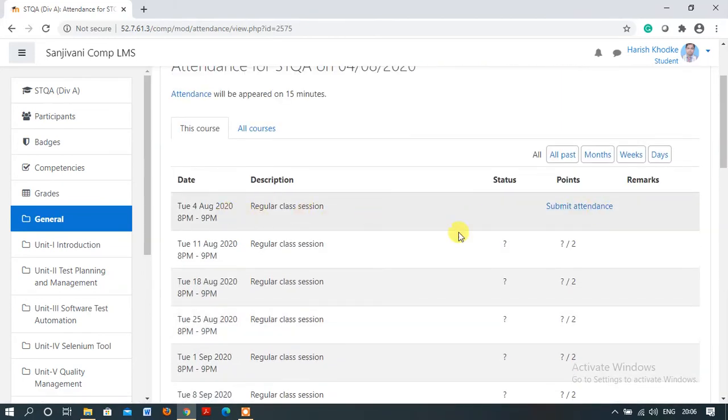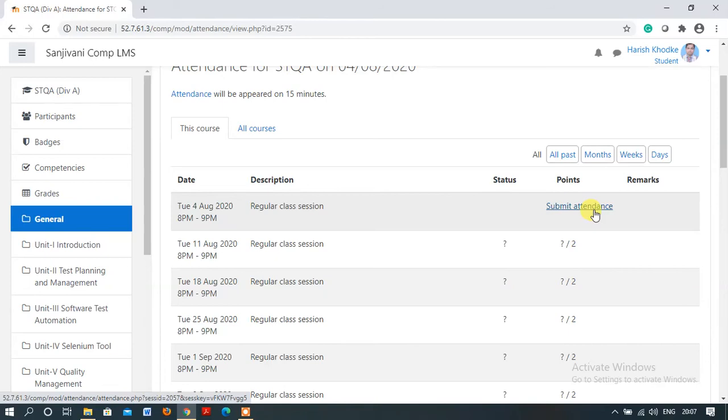So this is the student. When the student clicks on submit attendance, this appearance will be shown on the student side. Every individual student can see this. Suppose roll number one is there, then roll number one can only view roll number one. He or she cannot see other users.